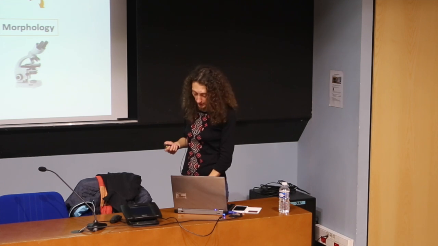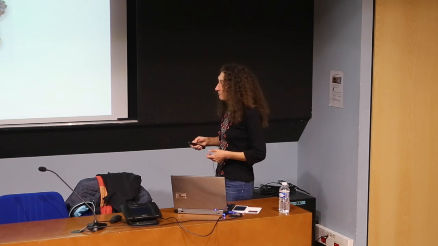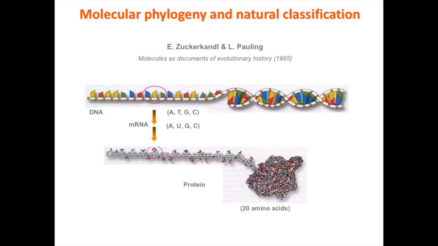Things changed a lot from the 60s, from 1965 indeed, when molecular phylogeny was born. And this was based on a pioneer idea by Emile Zuckerkandl and Linus Pauling, who proposed that in the sequence of macromolecules, of biological macromolecules such as DNA or RNA and proteins,